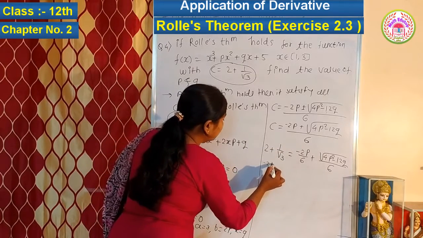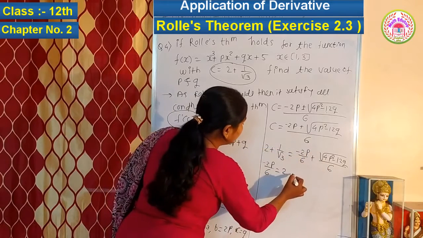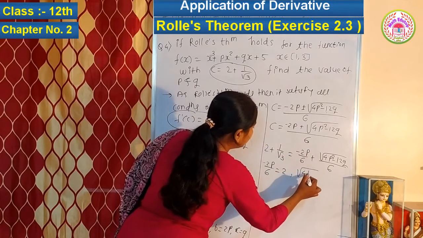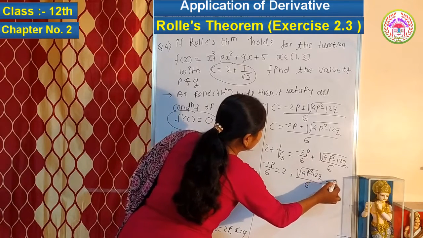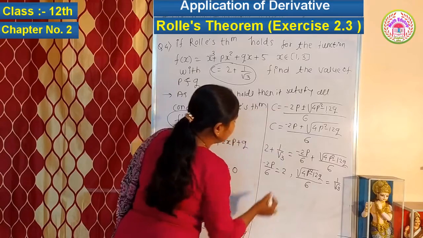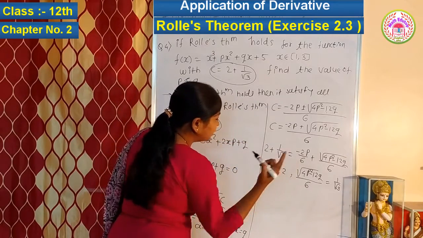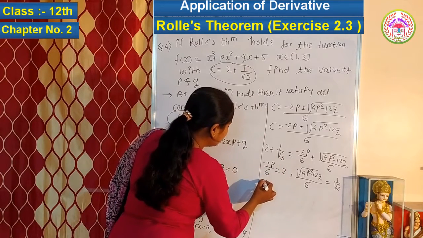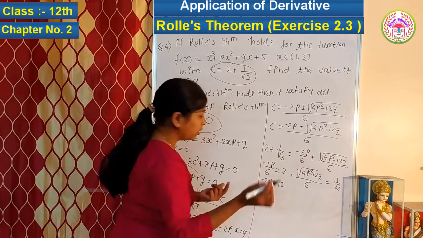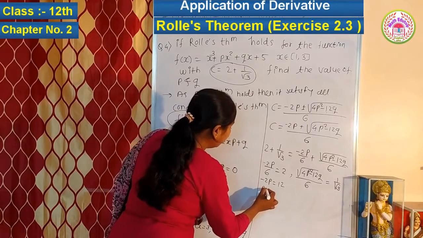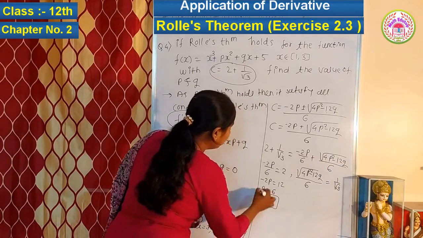देन फर्स्ट टर्म क्या होगी minus 2p upon 6 is equal to 2 एंड सेकंड टर्म क्या होगी that is this square root of 4p square minus 12q divided by 6 is equal to 1 upon root 3 होगी, ठीक है। तो फर्स्ट टर्म का सिंप्लीफिकेशन क्या होना चाहिए, 2 होना चाहिए, तो सिंप्लीफाई करते हैं एंड वी गेट डायरेक्टली द वैल्यू फॉर p। तो कंसीडर करते हैं फर्स्ट टर्म minus 2p इज इक्वल टू 6 से मल्टीप्लाई करें तो 12 होगा, देन 2 से डिवाइड करते हैं डायरेक्टली वी गेट वैल्यू फॉर p। तो p की वैल्यू क्या होगी, दैट इज minus p इज इक्वल टू 6 मतलब p इज इक्वल टू minus 6, देन वी गेट वैल्यू फॉर p।